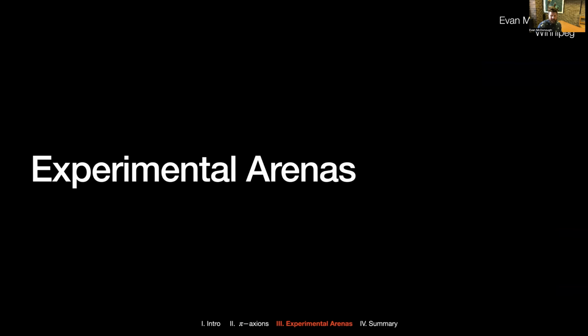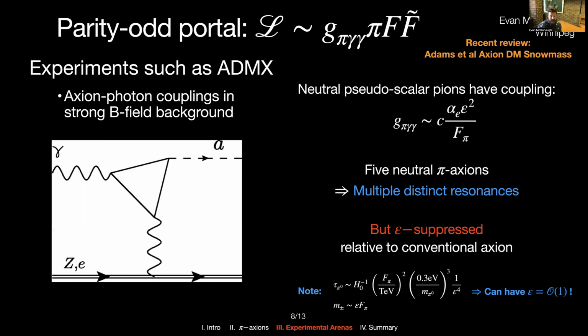Okay, let's think about the experimental arenas where we can test the π-Axiverse. First off is the parity-odd portal, which is the standard approach to axion direct detection, and there's billions of dollars being spent on this approach. The neutral π-Axions couple to the photon via this vertex with a coupling that scales like epsilon squared over the decay constant. So this epsilon, if I'm thinking about small millicharges, this can be a significant suppression, which distinguishes this